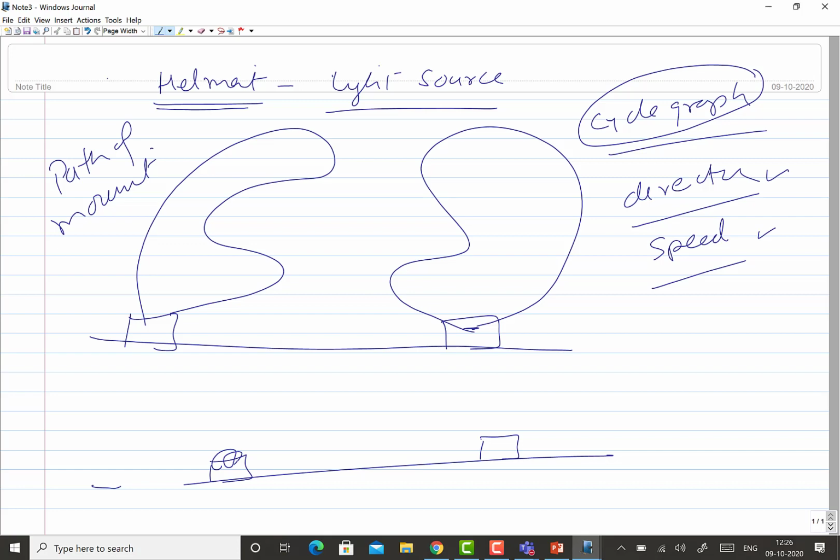When the light is flickered or interrupted at a certain frequency, we see that the dots move like this. Say this is the kind of movement. So the shape of these dots is like this.